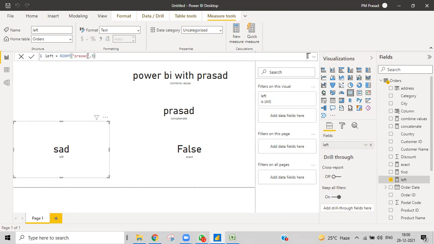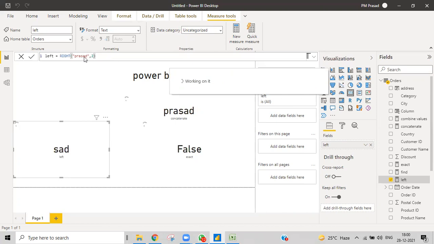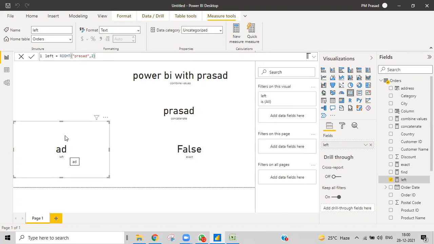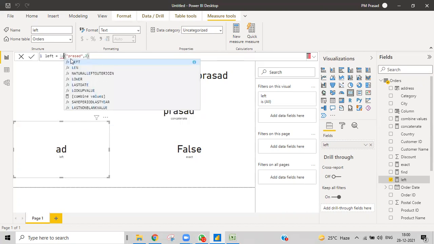It's not 3 characters after the first 3 characters. So I'll give 2, so we can understand easily. It means from the right side it will count 2, and only those 2 will be displayed.